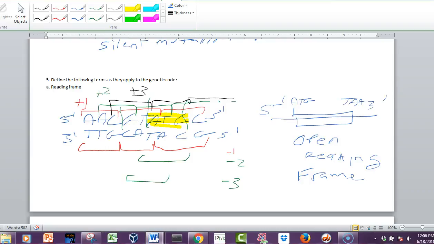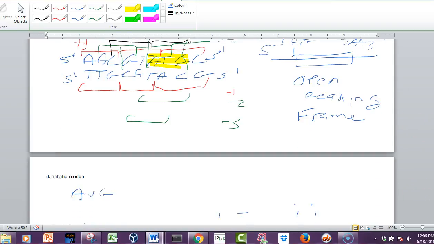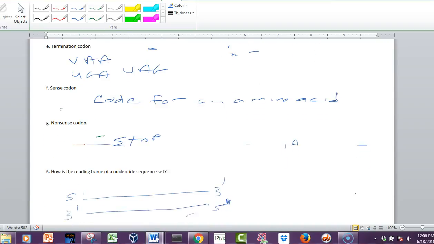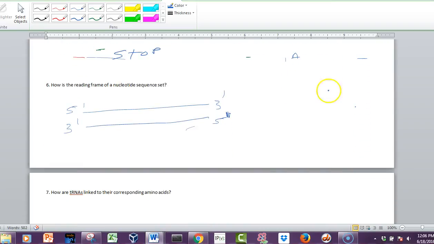The ATG or the AUG that's in the RNA will set the reading frame, and then from that point on, the ribosome will read every 3 letters, and each 3 letters is a codon. And so a lot of times you'll be given a DNA sequence and say, here, translate this, and there's going to be 6 possible open reading frames that you could translate. Which one do you use? You use the one where the start codon is.